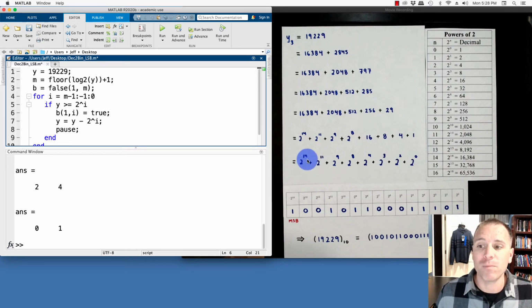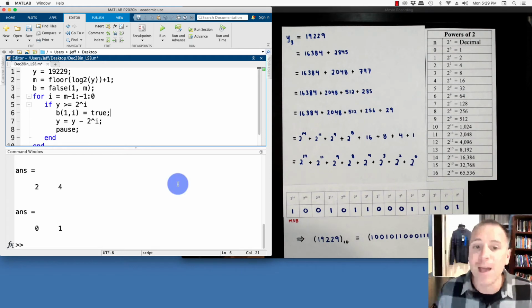So here, true, I have 2 to the 14th, 2 to the 13th is false, 2 to the 12th is false, 2 to the 11th is true, false, true, true, false, false, false, true, true. Do you see this connection between logical variables and math? Yeah, this is quite deep. Let's go ahead and try this. I already can see that there's going to be a problem, but I want to show you that there's no problem in trying ideas and then breaking your code.